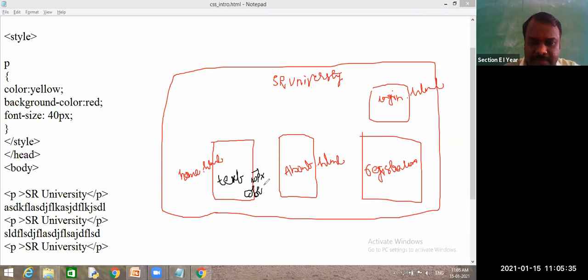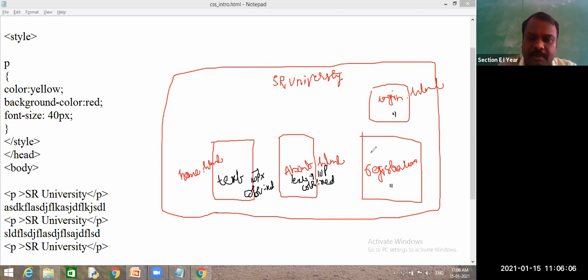Similarly, in this web page about.html, the text size is 10 pixel and the color is red. And the same property is repeated for registration, and the same property is repeated for the login page.